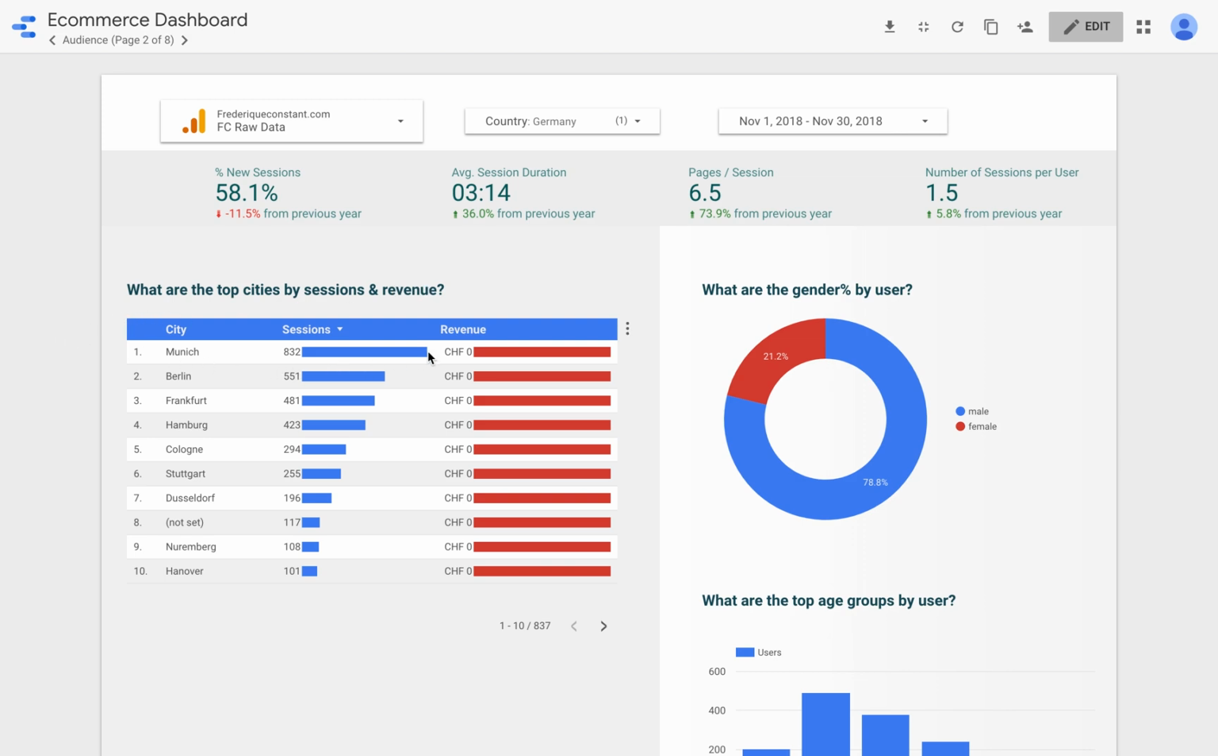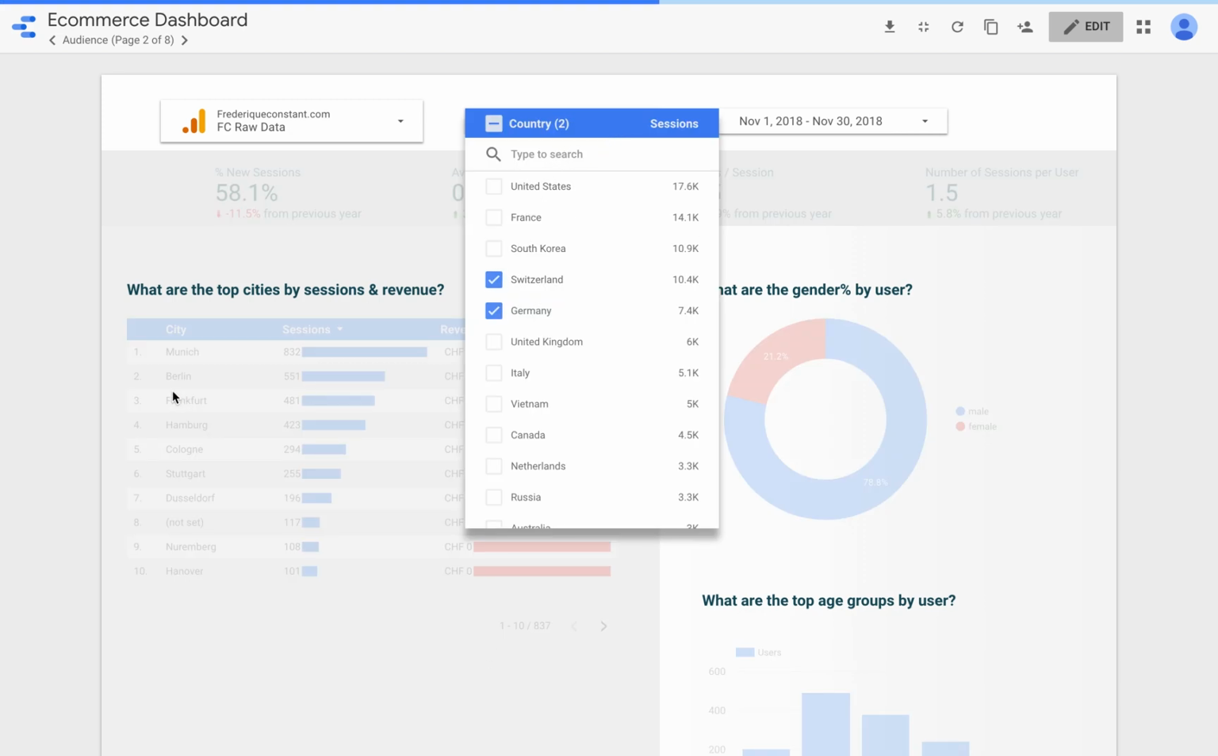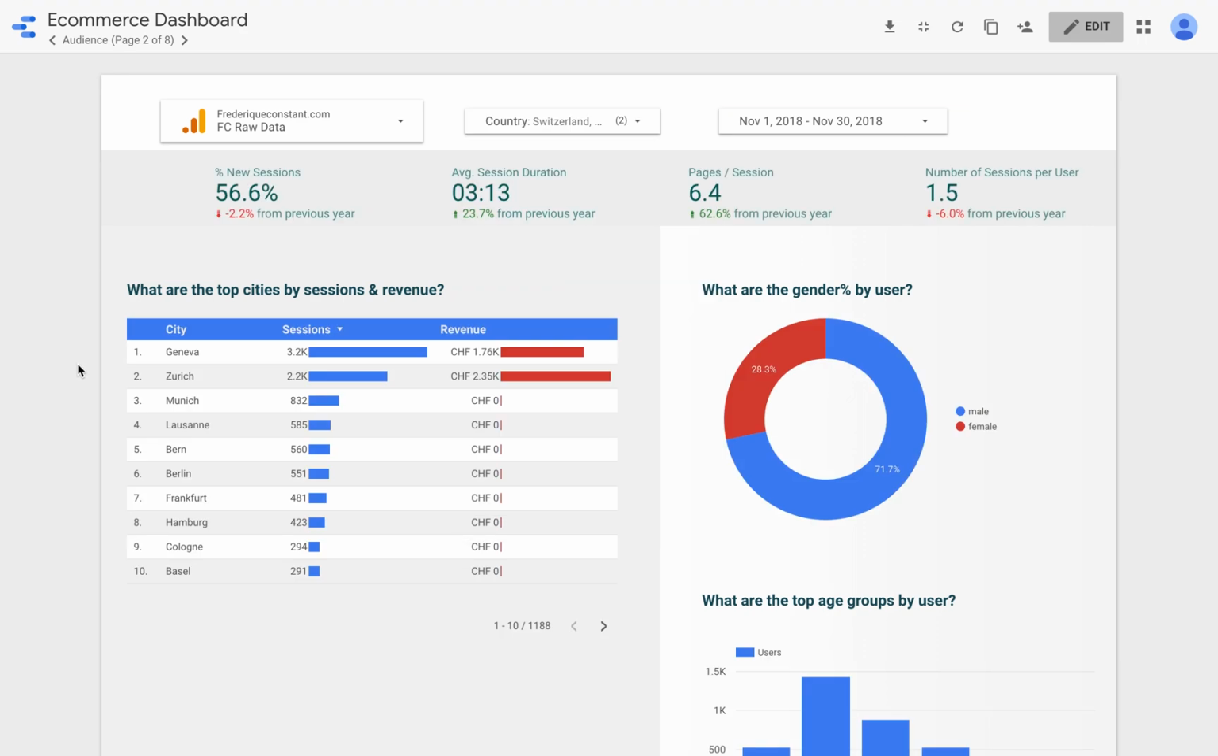So here in Germany, we did no revenue in November. So let's maybe add another country to see some data, like Switzerland. In Switzerland, we saw that most of the sessions are coming from Geneva, and we generated 1.6K, followed by Zurich and Munich. Munich is a pretty interesting city because it has a lot of sessions, but nobody actually bought anything. So it's a low-hanging fruit, as we call it, because we can easily drive revenue from these people by doing